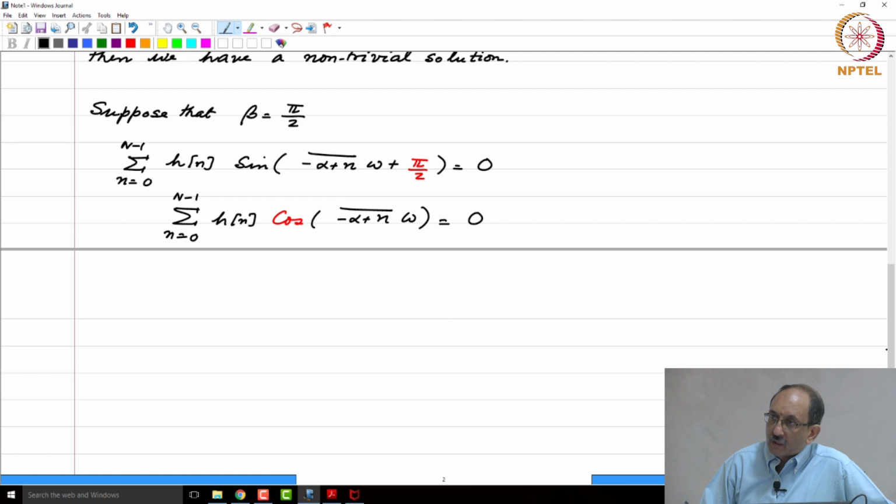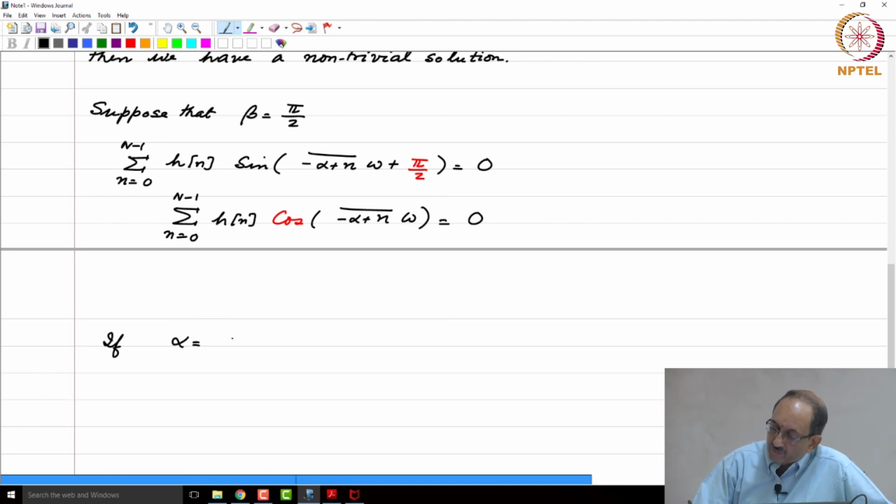Therefore, the argument changing sign being an odd function, cancellation took place. Whereas now we have an even function, and therefore it is easy to see that if alpha is once again N minus 1 by 2,